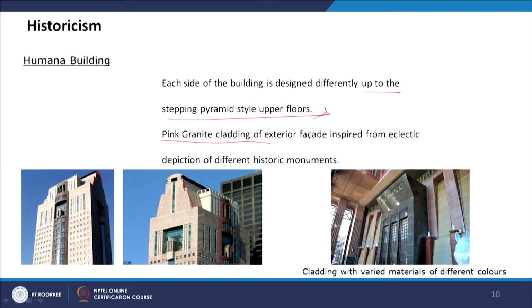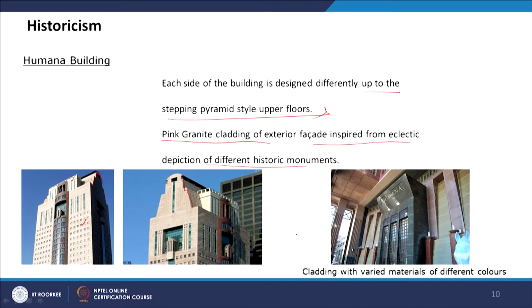Then the pink granite clad exterior facade is inspired from an eclectic depiction of different historic monuments. If you look at the cladding, it is majorly pink granite, but brown granite is also there, and then there's a use of glass curtain wall and glass windows, and another different color, yellowish